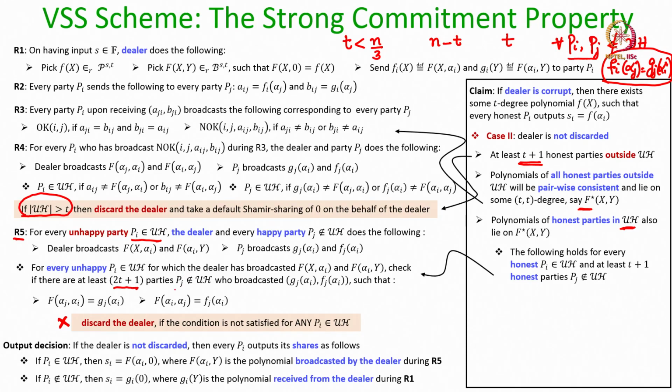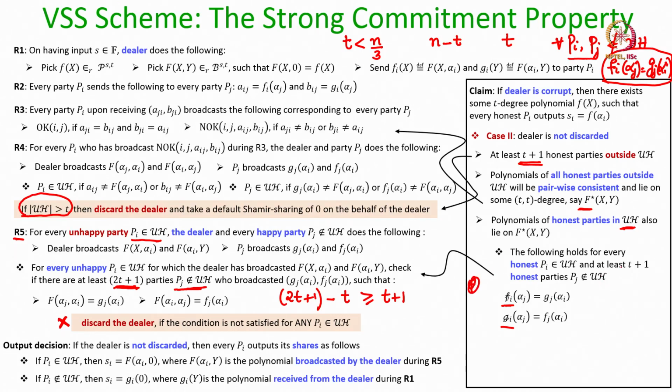Now, among those parties Pj outside the unhappy set, how many are guaranteed to be honest? At least t plus 1, because the pairwise consistency check should hold with respect to 2t plus 1 parties, up to t of them may be corrupt. So, at least t plus 1 honest parties Pj are there outside the unhappy set, for which this condition would have been satisfied. So, let us denote the polynomials which have been made public by the dealer by this small fi and small gi. So, these are the polynomials which have been made public by the dealer,